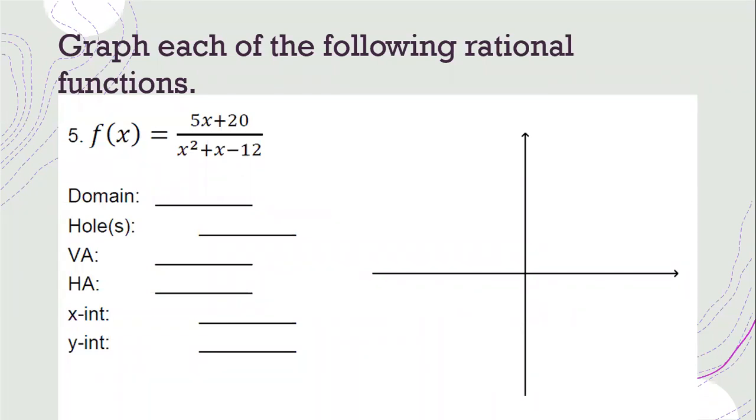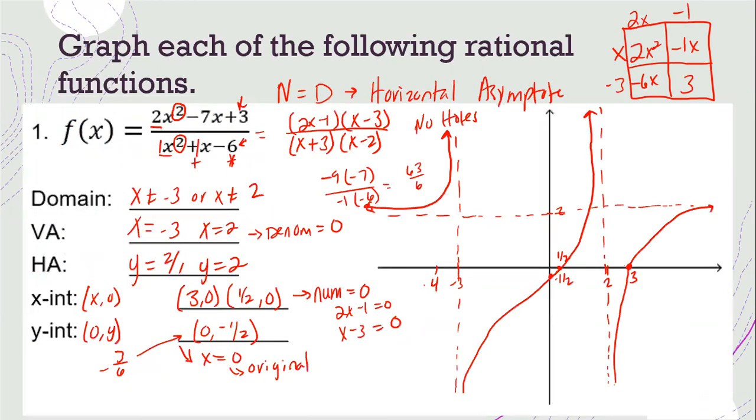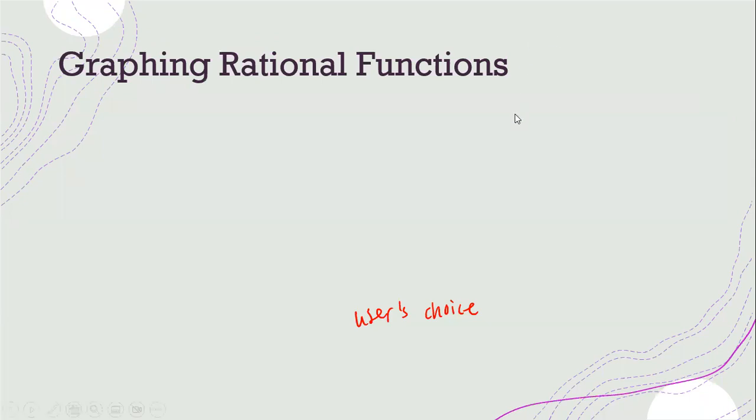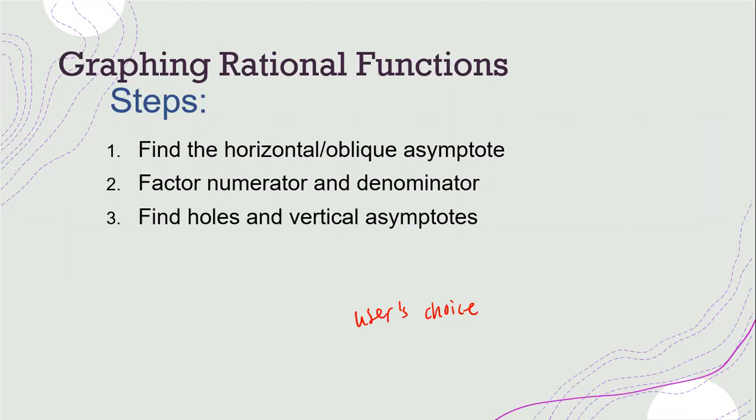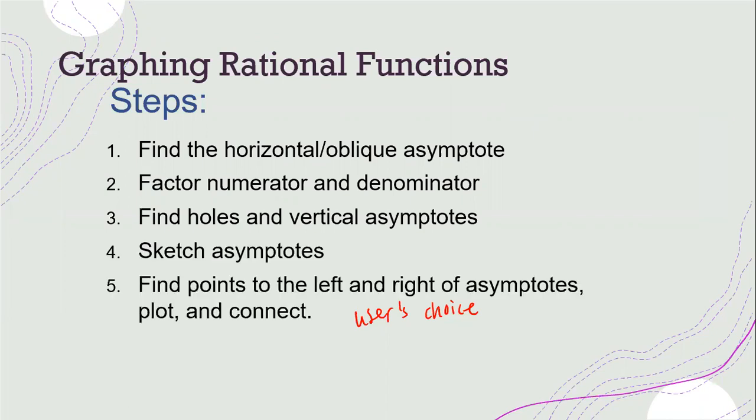First thing, we're going to go through those steps that we talked about yesterday. So let's revisit the steps really quick. Our steps are: 1, find your horizontal or oblique asymptote. 2, factor your numerator and denominator. 3, find your holes and vertical asymptotes. 4, sketch the asymptotes. 5, you're going to find points to the left and to the right of the asymptote